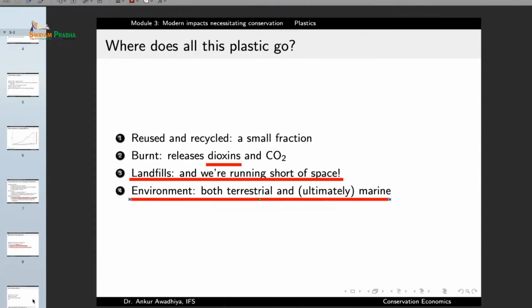So now the situation is that we have a material that is lightweight, strong, resistant to chemicals, and this material is now spread everywhere. It is there on the land, it is also there in all the water bodies. Some portion of it may even sink. Now, if you ever wanted to collect all of this plastic back, how are you going to do that? So, plastics become a menace